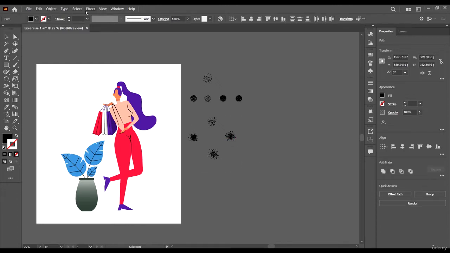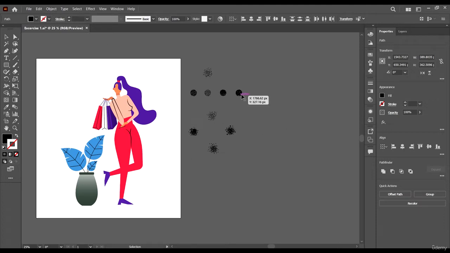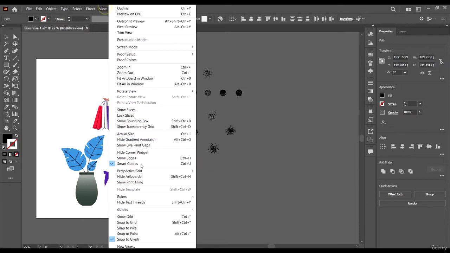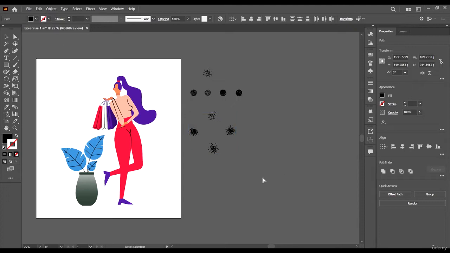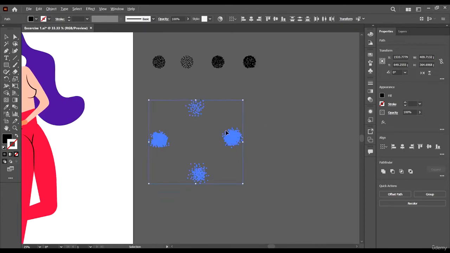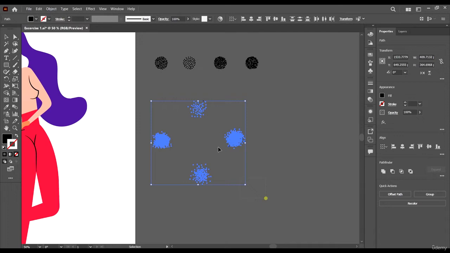Okay, so we are going to presently just try to create them as a custom library. Just copy all of them. I'm just going to turn on my bounding box. Okay, show bounding box, and maybe Control H to bring back the anchor point. Then just select all of them and press Control C, and we're going to create a new document